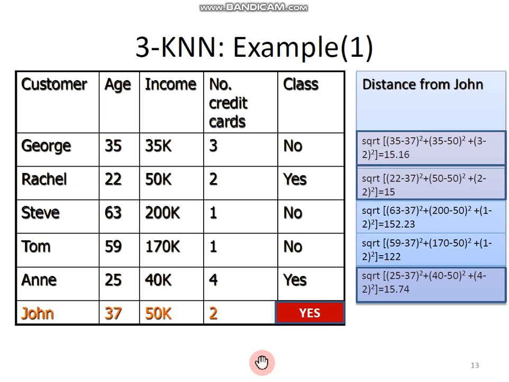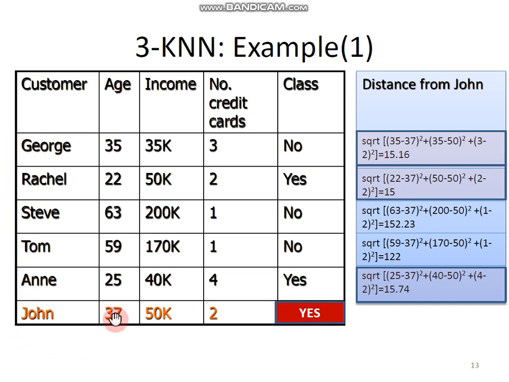You can see in this example, it will clearly give you a taste of what a k nearest neighbor actually is. Let's suppose the value of k here is 3. It means if we are going to identify the neighbors for this user John, then we have to identify the 3 most similar customers to John.